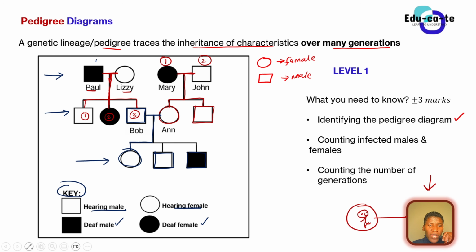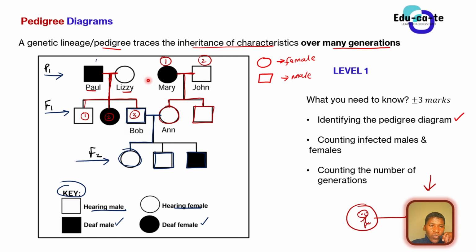So the first generation is the parent generation. That is the first parents. And then this is the offspring. And then this is the offspring of the offspring, so it's like we now have the grandchildren. Whenever you're counting generations, you just count this. This is 1, this is 2, this is 3. So you count the rows, how many rows of individuals you have.